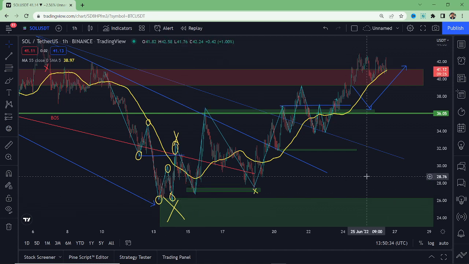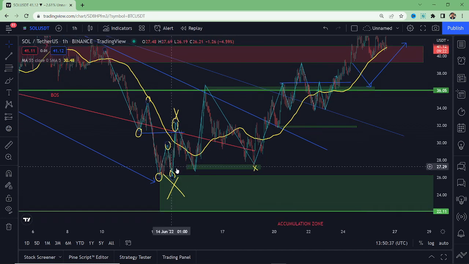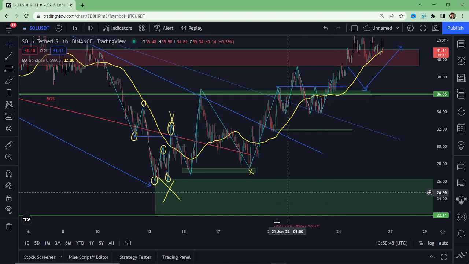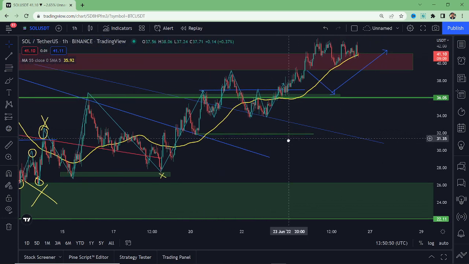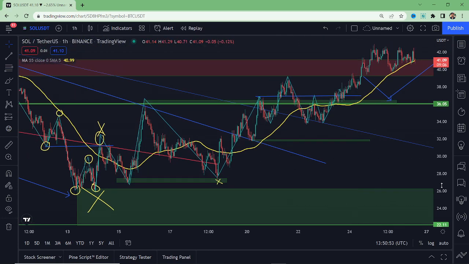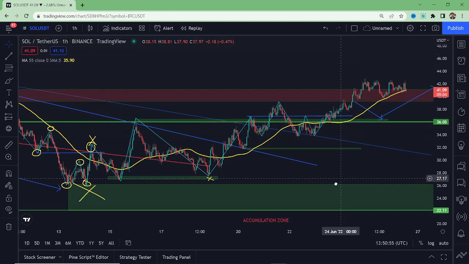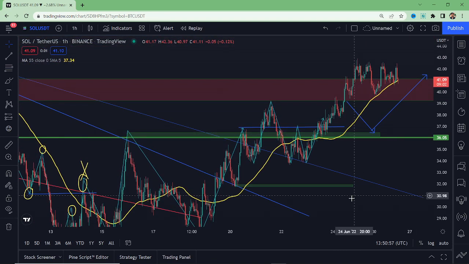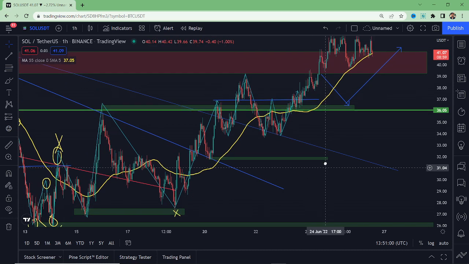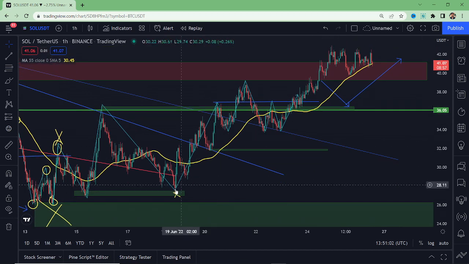I talked about accumulation of Solana right at this point. I updated in multiple communities as well as in my own community that this is the place you need to be looking at if you want to gather a lot of Sol. Well, many people did actually, and this is a good move. So we have had this good bullish structure for some time. Let's say it is continuously creating these higher highs, which is good for Sol.